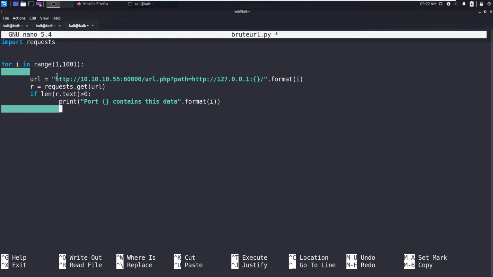So i stands for the respective port in this loop. Print r.text. Let's also print the length of r.text, and print r.text. So that should do it.